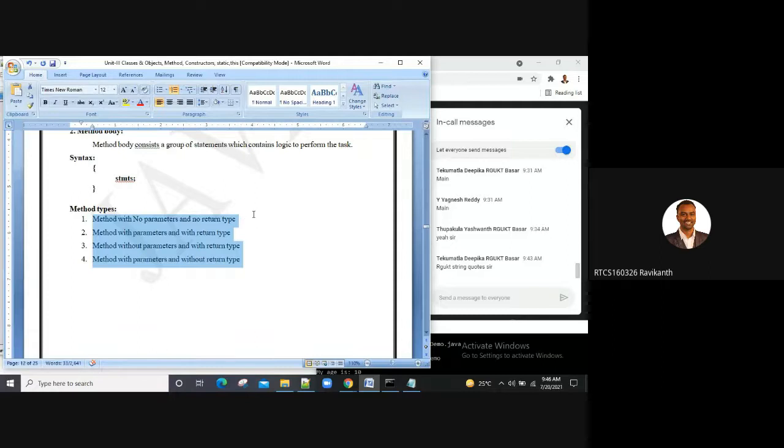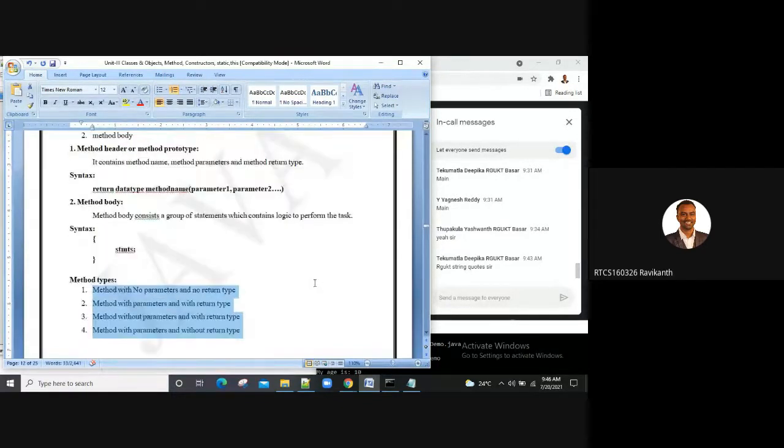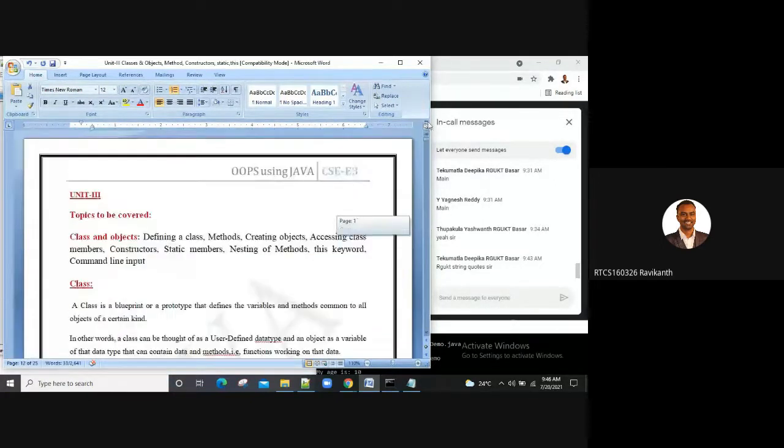So I need four programs on this. You can take student class or faculty class or whatever you require, and try to work out with four examples, right? So by this we'll be completing our first concept.